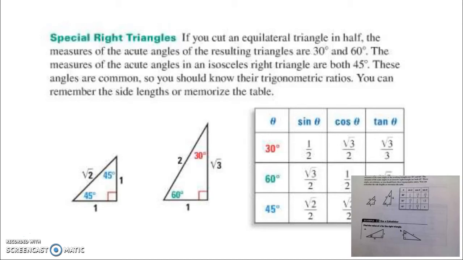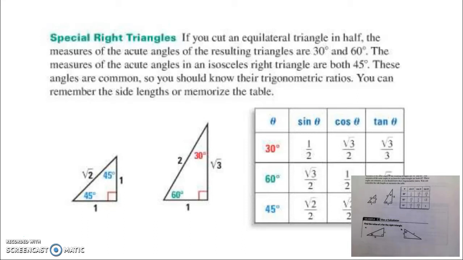When you had a 30, 60, 90 right angle triangle, you found out that the hypotenuse was twice the length of the short leg, and the longer leg was square root of 3 times the length of the short leg. Well, it comes in handy when we're doing trigonometric measures as well, sine, cosine, and tangent of those common angles, 30, 60, and 45. And if you look at the opposite over hypotenuse, adjacent over hypotenuse, and opposite over adjacent on these three, you can see that it's pretty easy to quickly calculate some fractional values for sine, cosine, tangent of these common